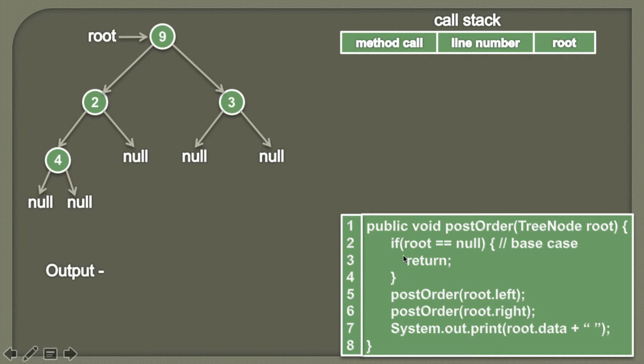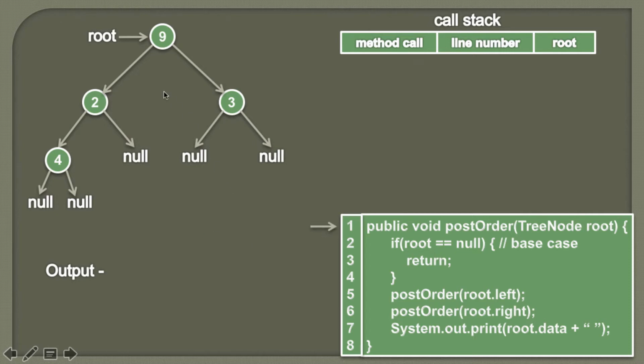So friends, as this algorithm is recursive in nature, here you can see the post-order method is again internally calling the post-order method. Therefore, this is a recursive algorithm. So in order to understand the recursive nature of this post-order method, we will maintain a call stack so that we come to know which method is currently being executed and what root is being processed. We will come to know about line number when we discuss the post-order method. So friends, let's see the demonstration of this algorithm step by step.